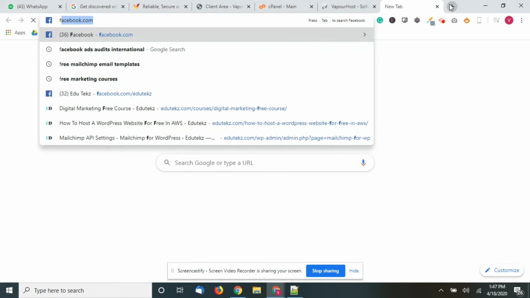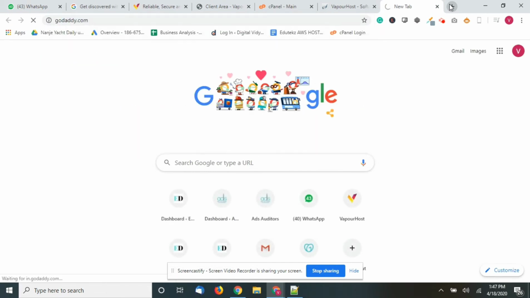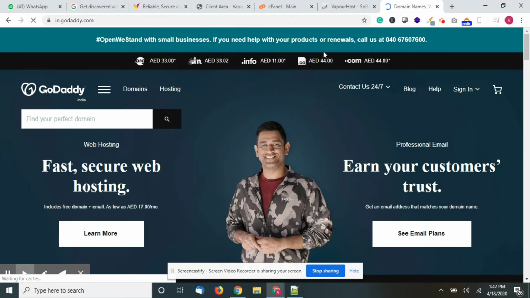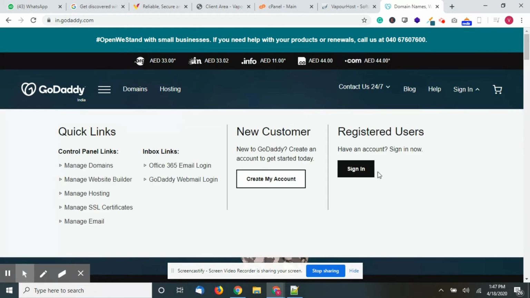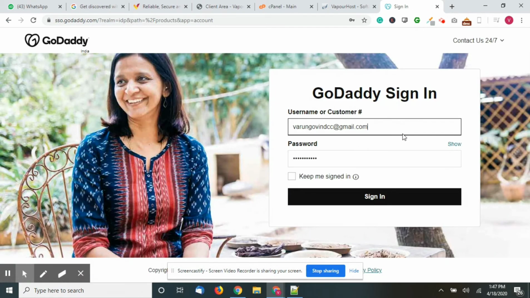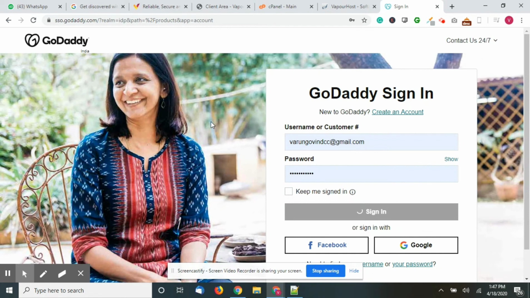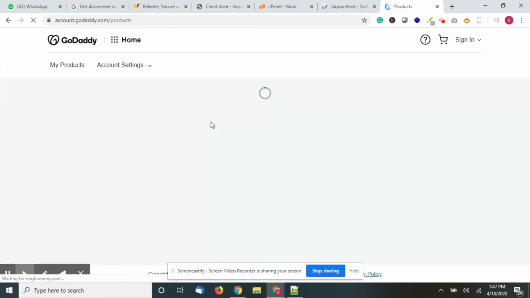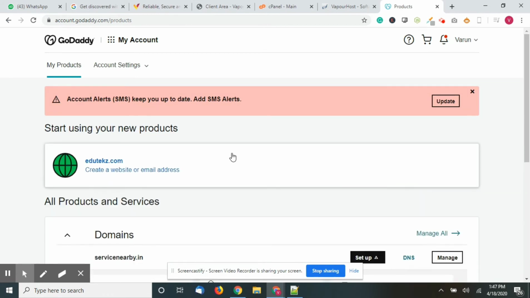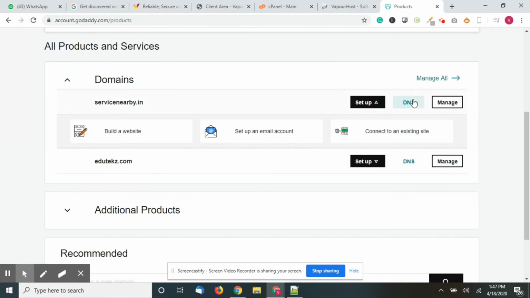Now go to GoDaddy, the domain registrar where you bought your domain, and then click on sign in. Go to your domain and you can see here DNS.